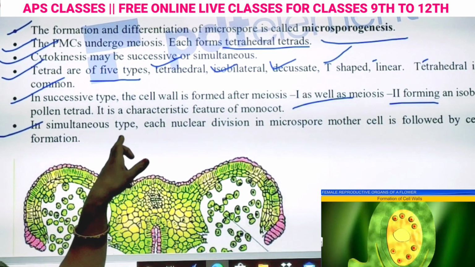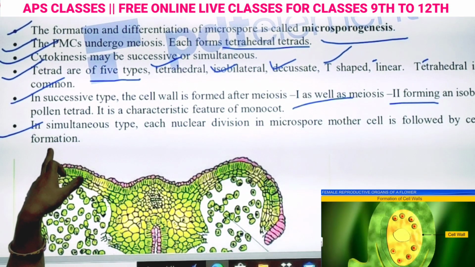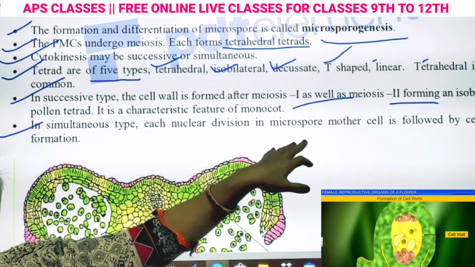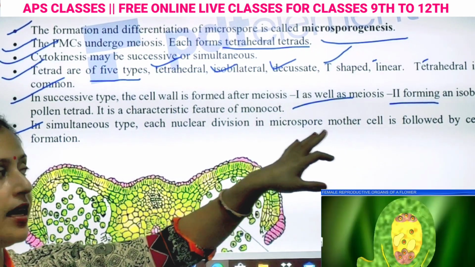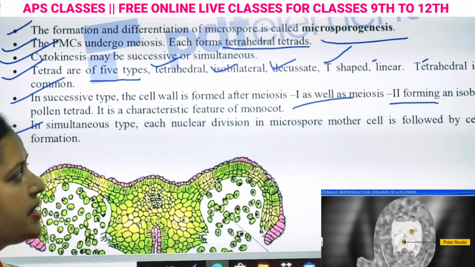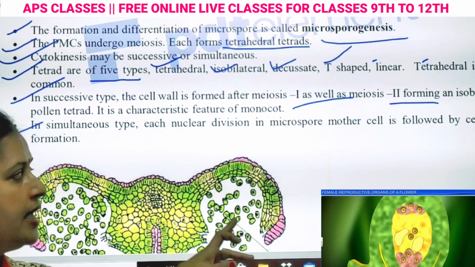In simultaneous type, each nuclear division in microspore mother cell is formed by the cell wall formation. Simultaneous type में हमारी न्यूक्लियर डिवीजन जो होगी माइक्रोस्पोर मदर सेल से तो टेक प्लेस करेगी, पर वो टेक प्लेस करेगी दैट इज फॉलोड बाय द सेल वॉल फॉर्मेशन. जैसे ही सेल वॉल की फॉर्मेशन होगी, दैट मींस एट दैट टाइम न्यूक्लियर डिवीजन इन माइक्रोस्पोर मदर सेल्स takes place,